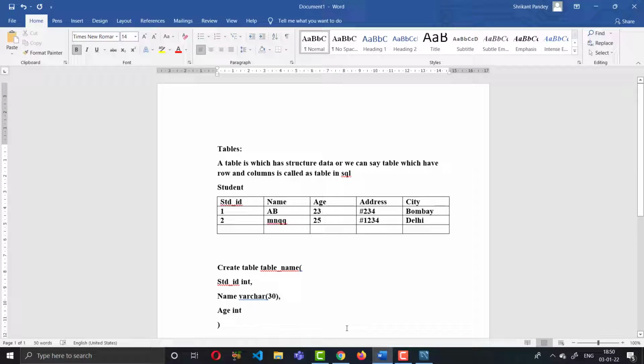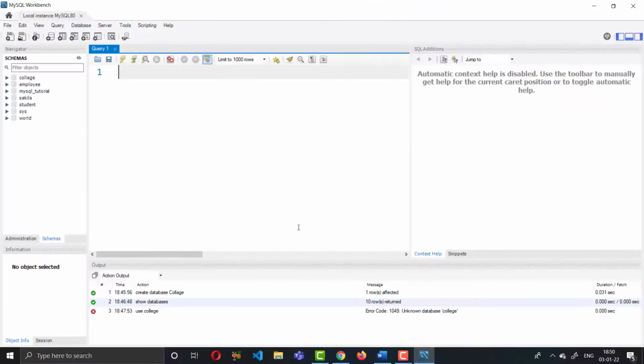So let's create it in MySQL. CREATE is the clause used to create something, a database or an object like a table, so we want to distinguish what we are going to create. We are going to create a table, so that's why we put the TABLE clause and give the name of the table. I want to create the table student here.